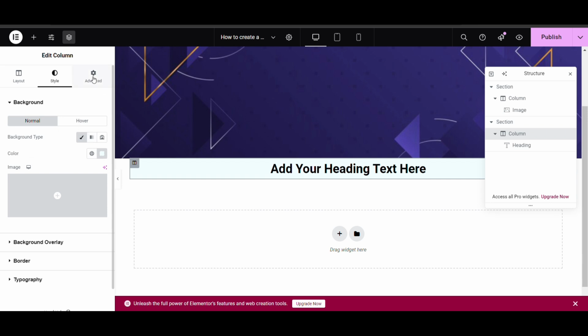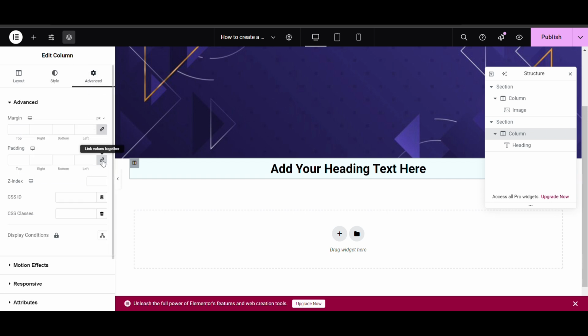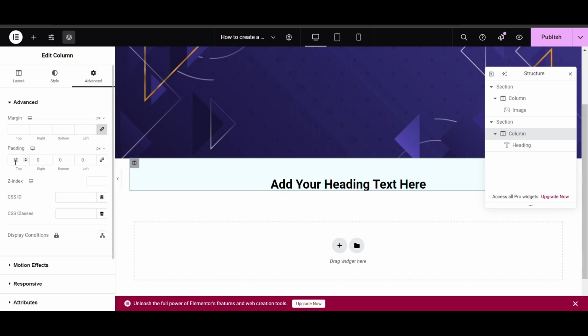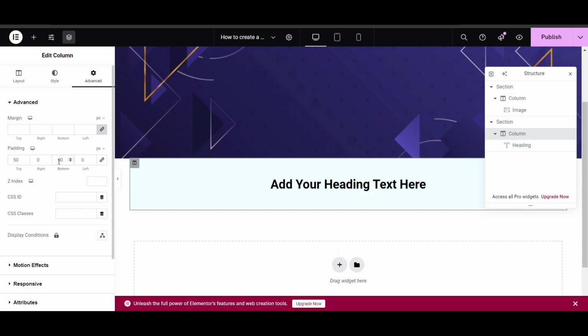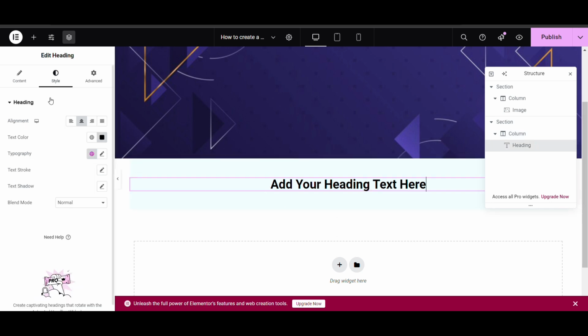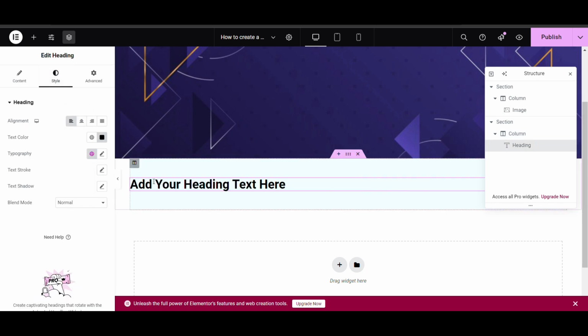Whichever section you have added background color to, you need to add padding on that. So top padding 50, bottom 50. Okay, and I want it to be left aligned.